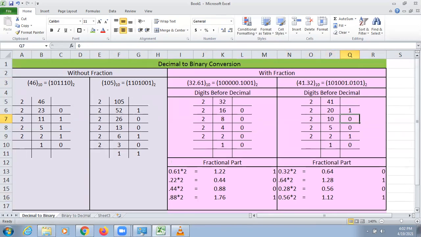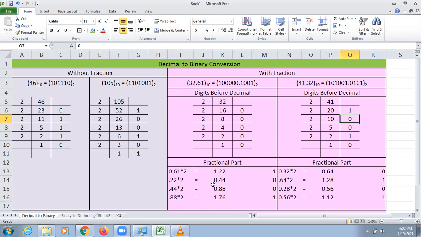This is the binary conversion of 42.32. I hope it is clear to everyone how we can convert a decimal number into a binary number. To convert a normal decimal number without fractional part into a binary number, we just have to divide that number every time by 2. Why are we dividing by 2? Because in the binary number system, we have only 2 digits, that is 0 and 1. So every time you have to divide it by 2.